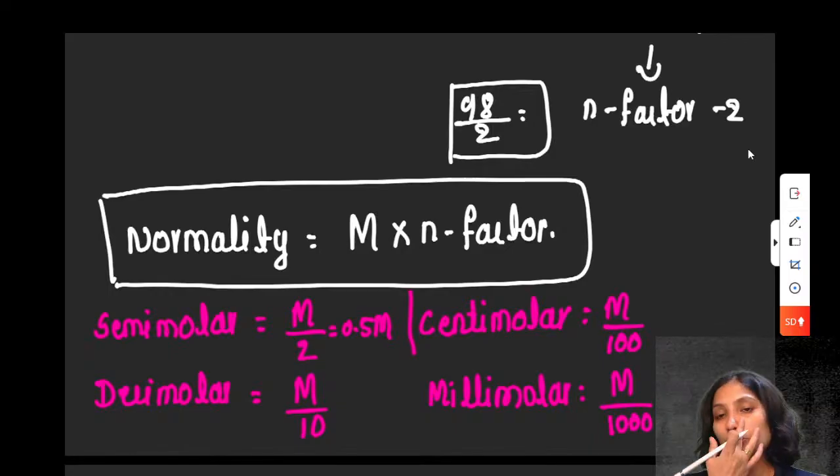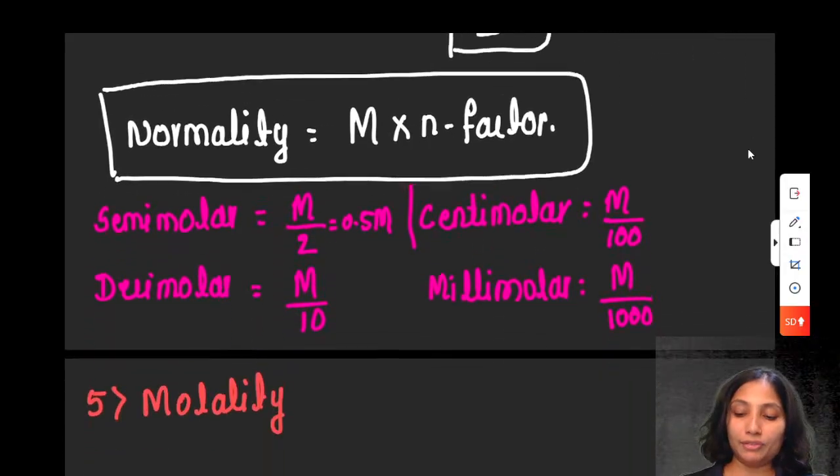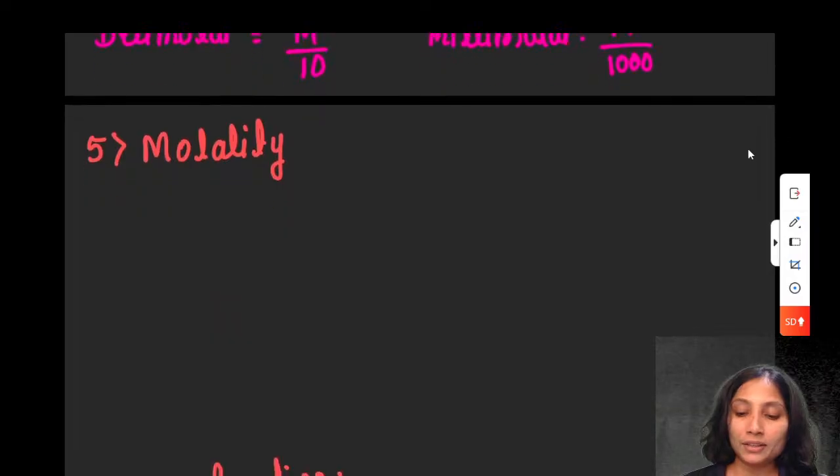A 0.0001 molar solution is called a millimolar solution. Remember these four things in mind. Okay. Next one is